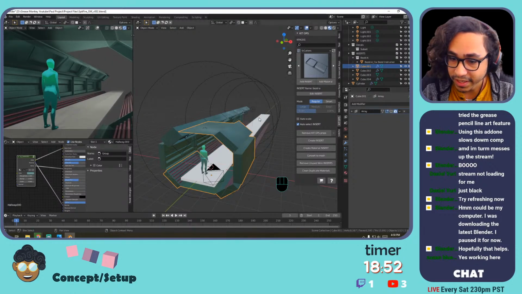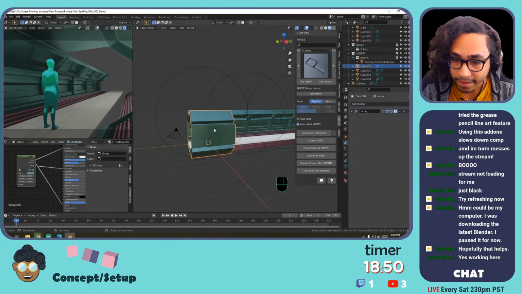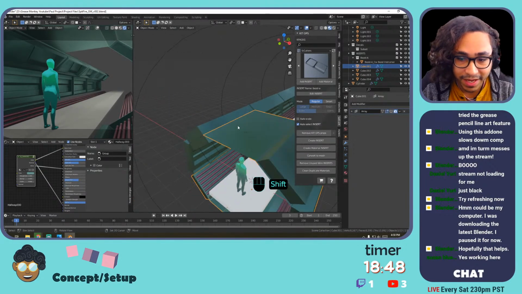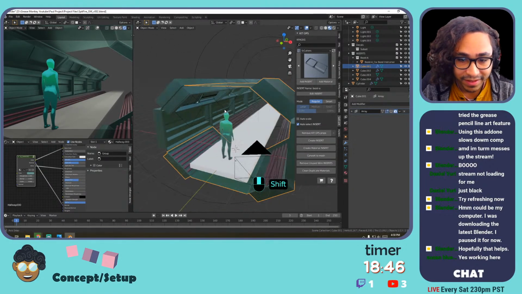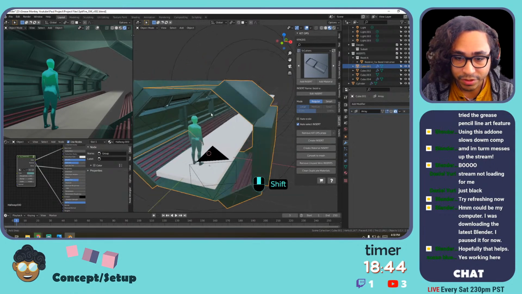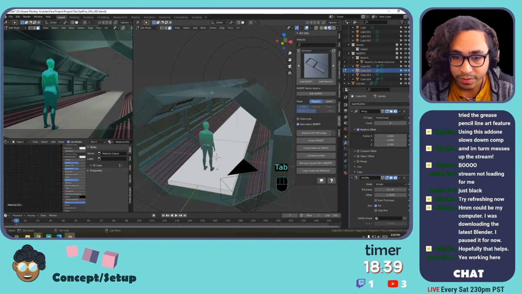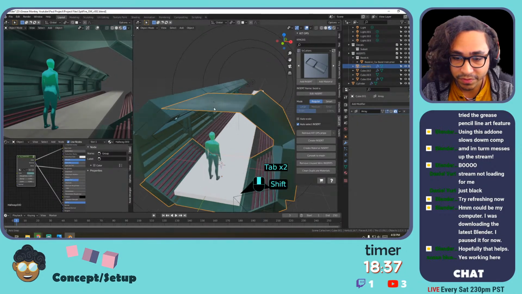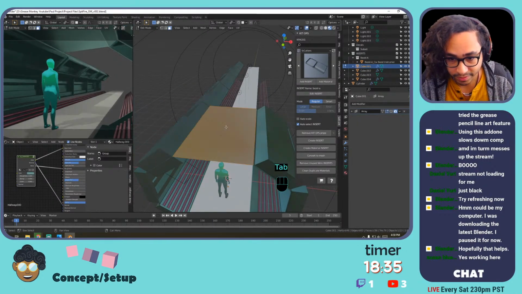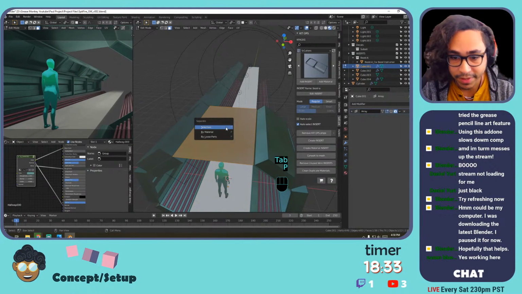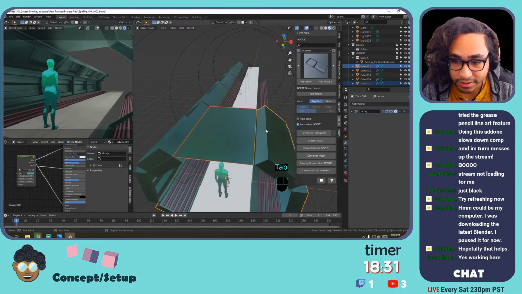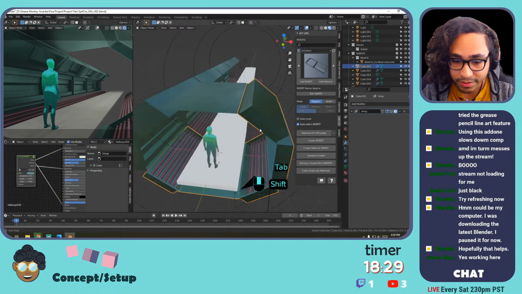Erase to solidify. And we're building this a piece at a time. So I'm just going to save some time here, and I'm going to just select this roof. Select the wall. Hit P by selection. And I'm going to